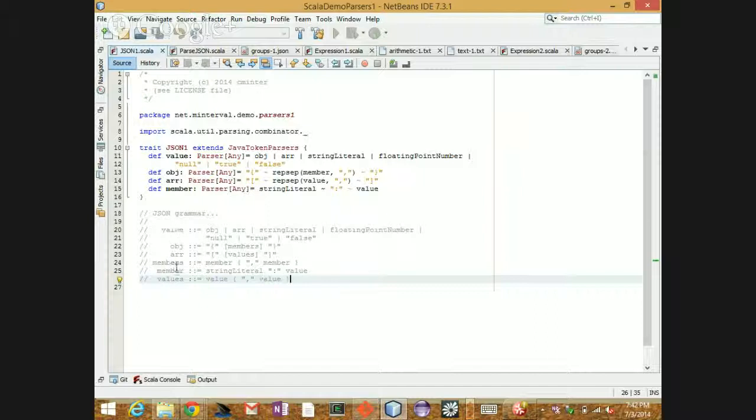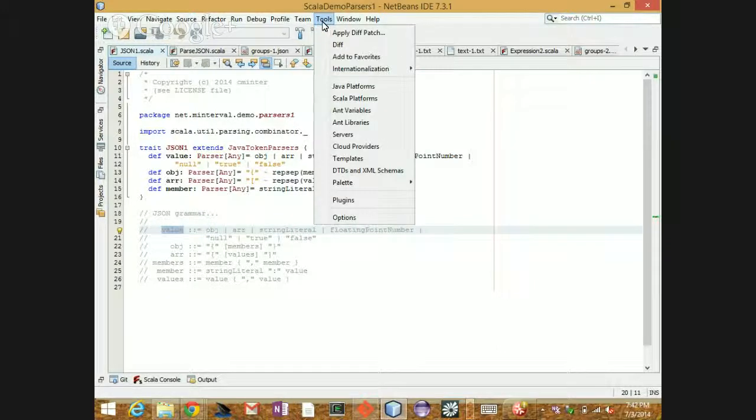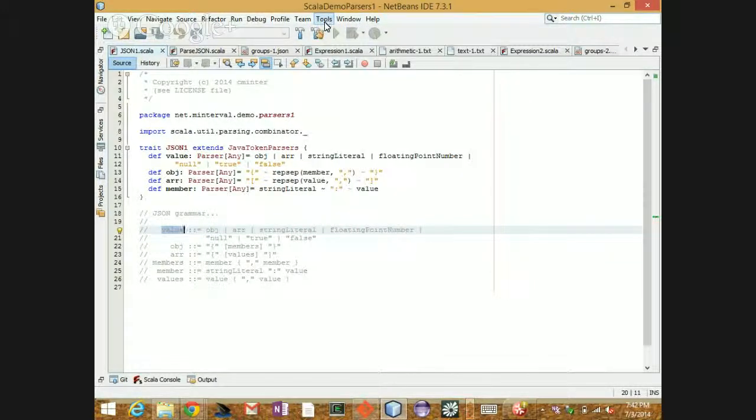What you have here are grammar rules, and you're saying for me to have a value, it can be any one of these things. A value can be an object, an array, something in quotes, a string literal, a floating point number, or these characters, the string null, the string true, or the string false.